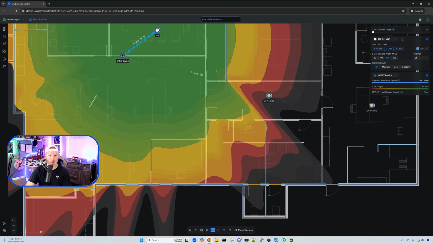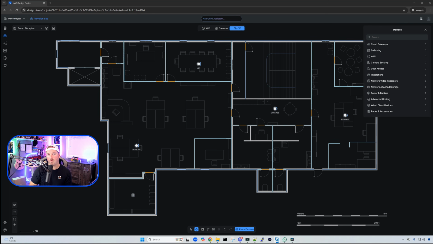So you can see that on that AP1, we have 3 different lines. That's because we have multi-link operations on that AP. It would show on each one of these other APs if I had it turned on, but I don't currently. Before moving over to any other devices like security cameras or door access, we're going to put some data jacks